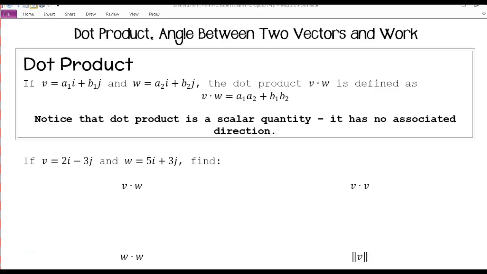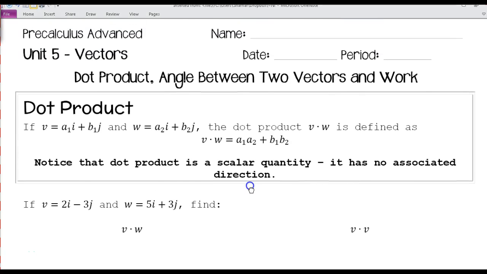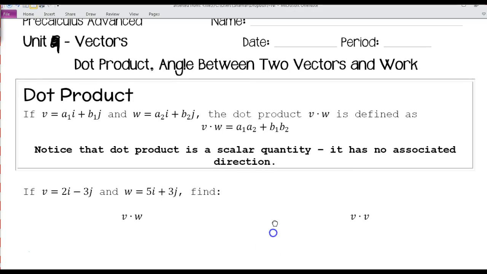This is Mr. Martin. These are video notes for Pre-Calculus Advanced. We're in Unit 9. I know this says 5, but we're in Unit 9. And we're continuing talking about vectors. We're going to be talking about dot product, angle between two vectors, and we're going to look at an example